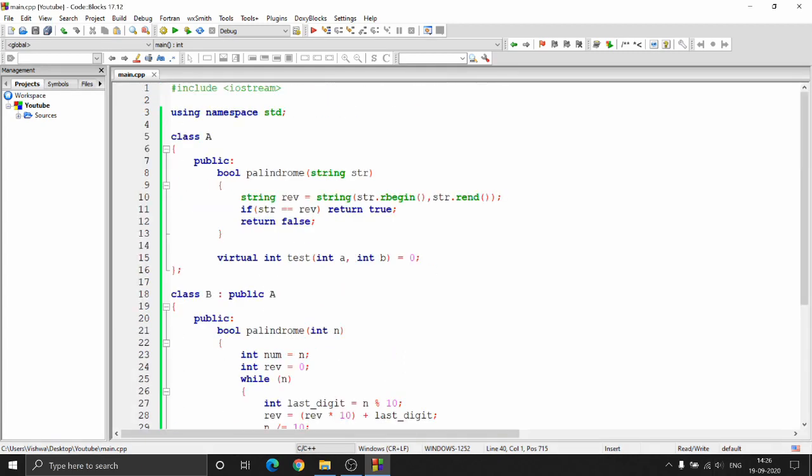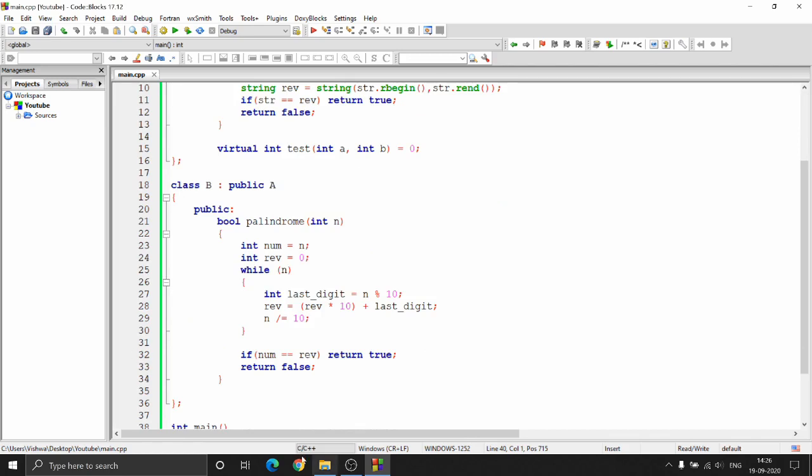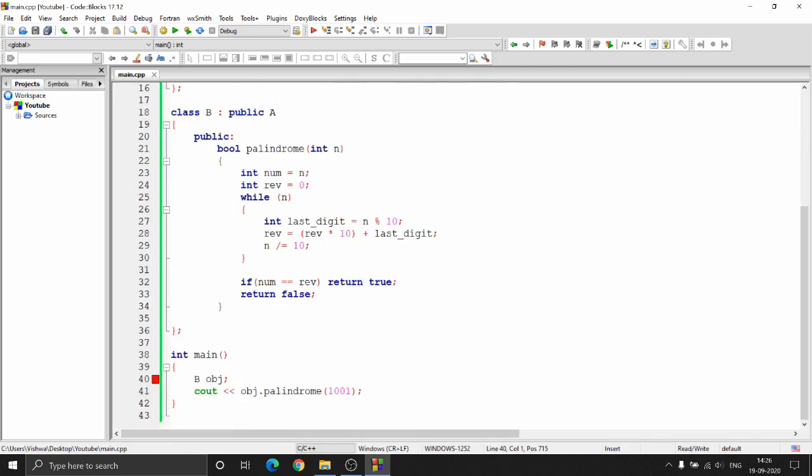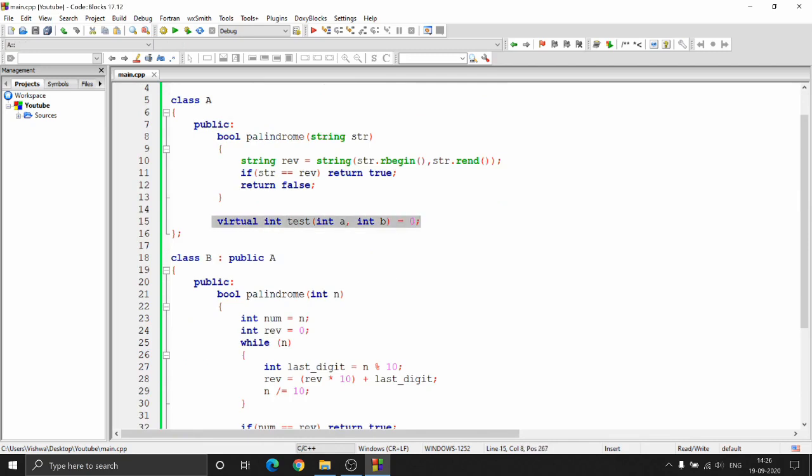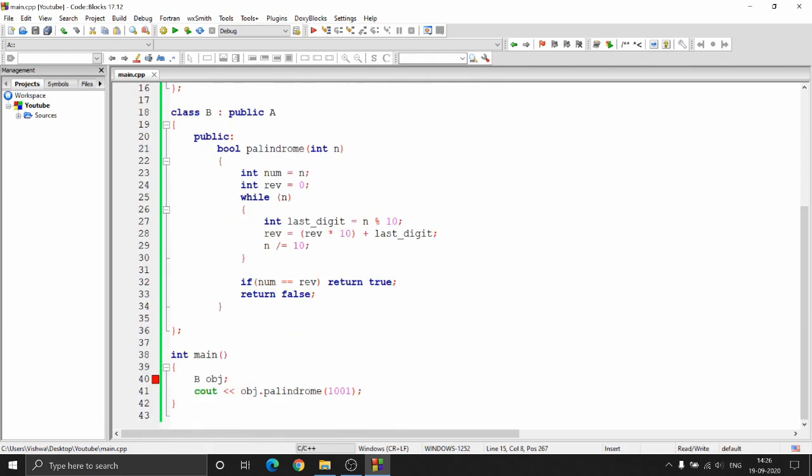Abstract type was A because B does not have any pure virtual functions, but still B is considered abstract because this thing is getting inherited directly. So I need to define this. I'm forced to define this function inside class B while I'm shipping this class so that I maintain the structure.